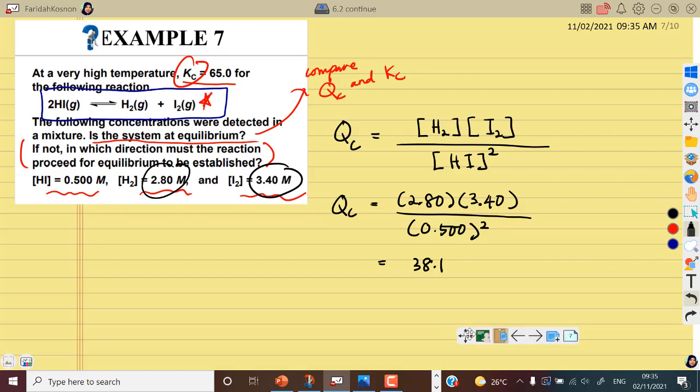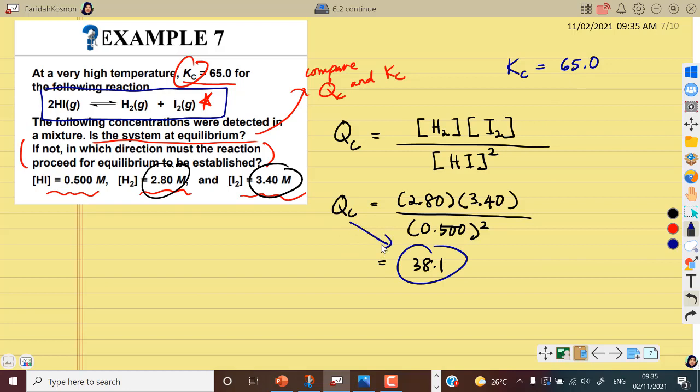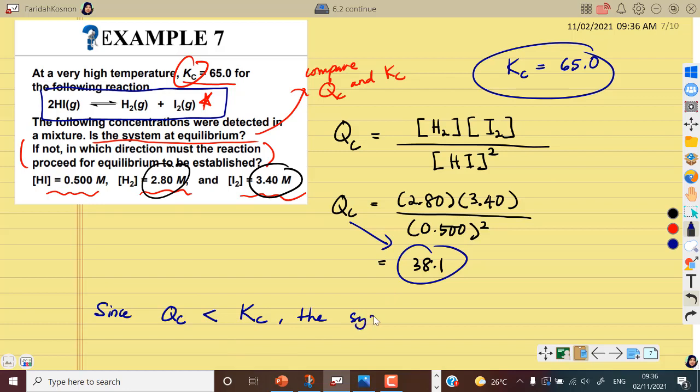Okay, so bila dah kira QC, jangan tinggalkan macam tu je, because the question ask you, is the system at equilibrium? Okay, jadi you tengok kat sini, given to you KC, saya tulis kat sini KC is 65.0. This one is QC. Kita compare. Alright, jadi kita compare macam mana? Kena tulis lah ataupun kita buat comparison. Since QC is smaller or less than KC. Bandingkan dua nilai ni. Okay. It shows that the system